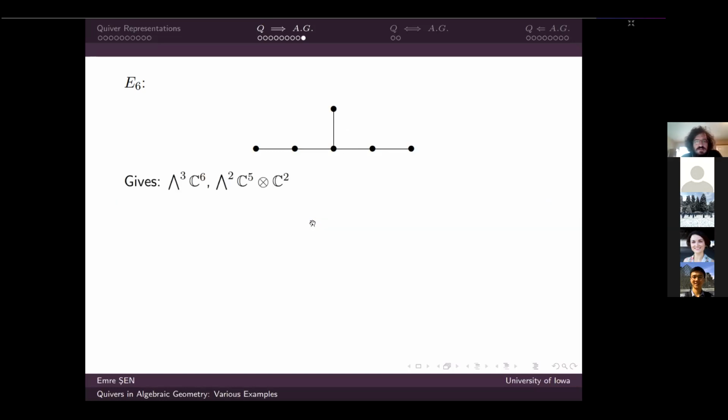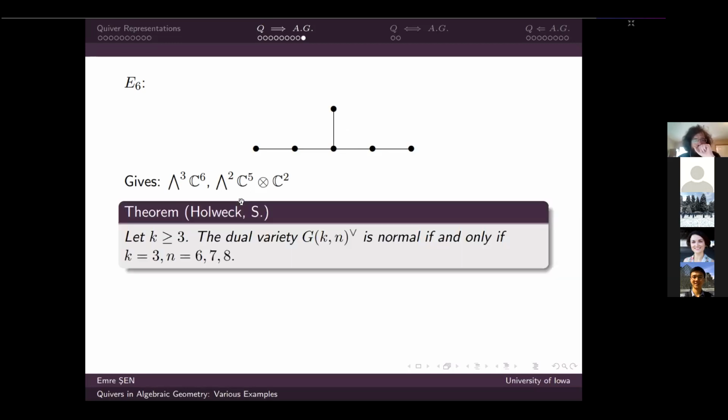And I just put this wedge 3 C6 and wedge 2 C5 tensor C2. Also, these are pre-homogeneous vector spaces. And what can we say? What is the structure of these